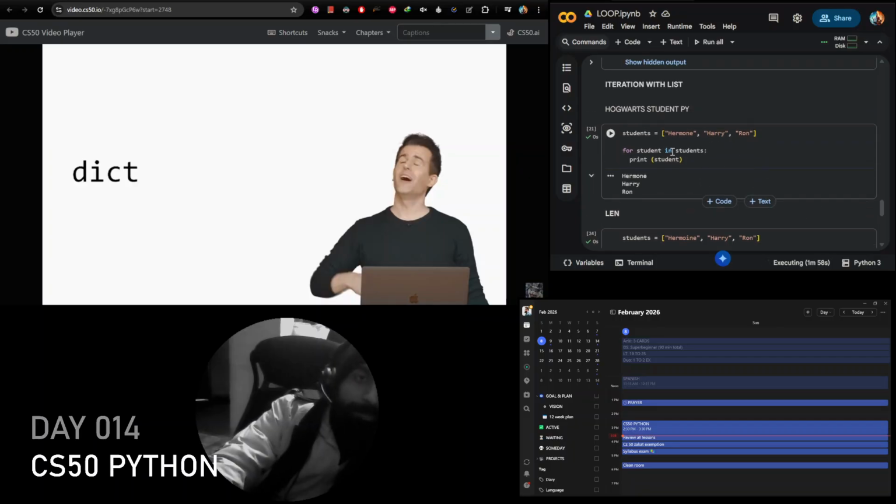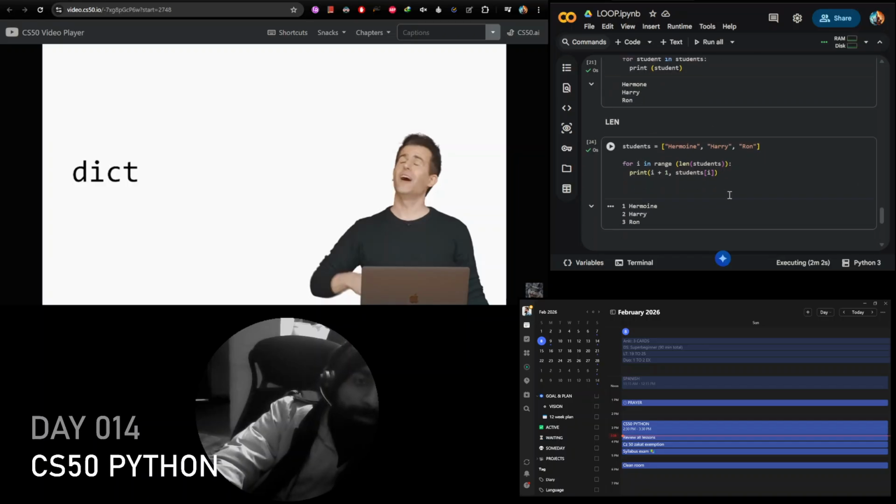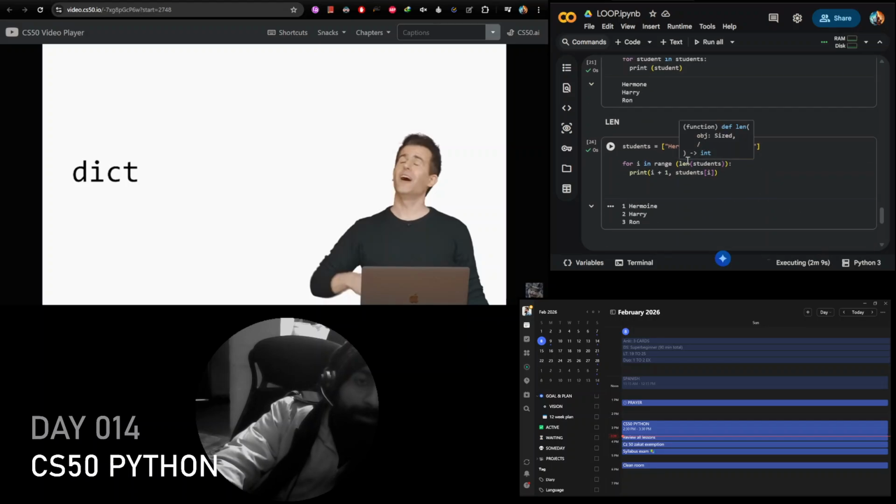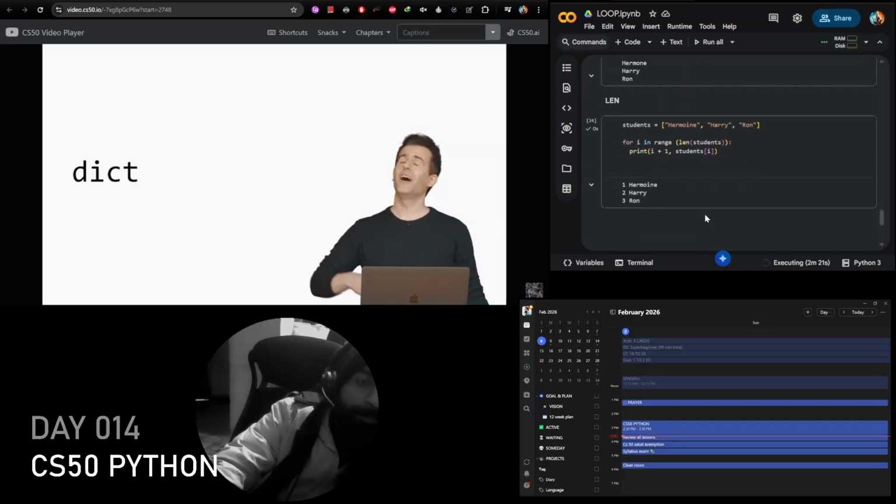And sometimes the list is going to go on. We can also use range, and even with the range, we can use this len function. That's going to tell us how many times is needed. Like if there are 4, range is going to be 4, so it's going to be 1, 2, 3, 4, and then print i, and then plus 1. So yes.